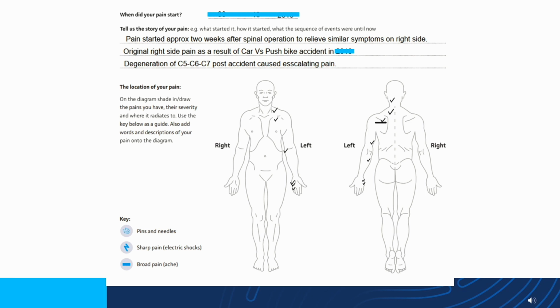You can see the pain diagram, so it's pain focused around the shoulder blade posteriorly on the left, and of course a long line of pain starting in the neck, just in the suboccipital region, all the way down. And you can see on the little finger of the hand as well.